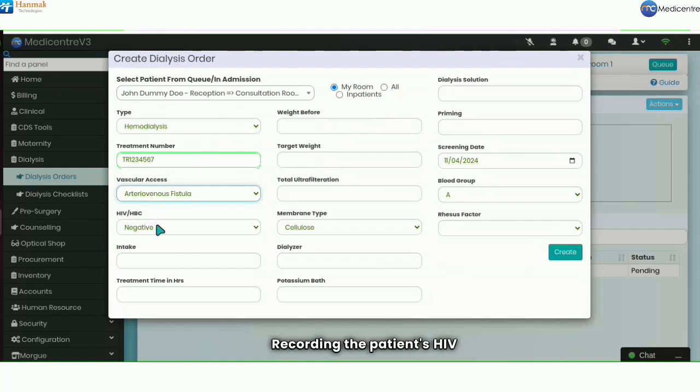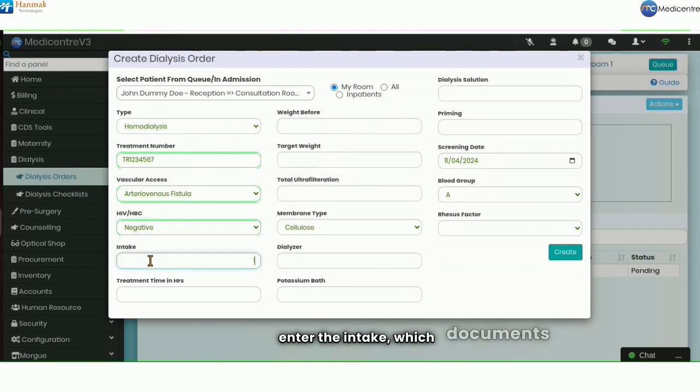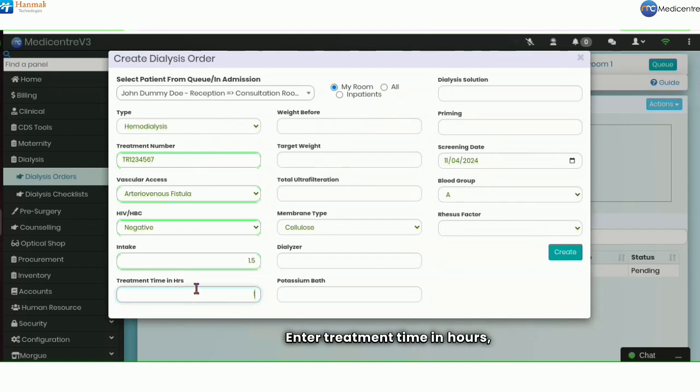Recording the patient's HIV/HBC status is crucial for taking necessary precautions to protect both the patient and healthcare staff. Make your selection from the drop-down and enter the intake, which documents the patient's fluid intake, which is critical for managing fluid balance and preventing overload during dialysis. Enter treatment time in hours, which specifies the duration of the treatment, allowing staff to plan and allocate resources effectively